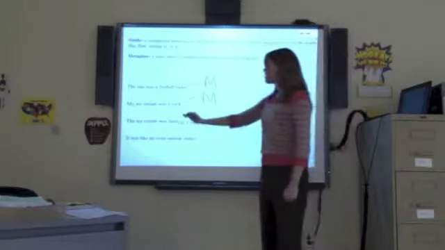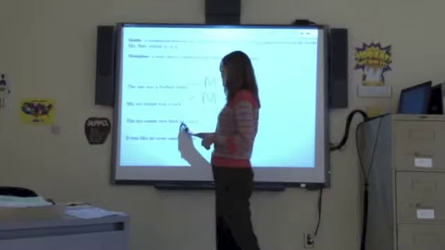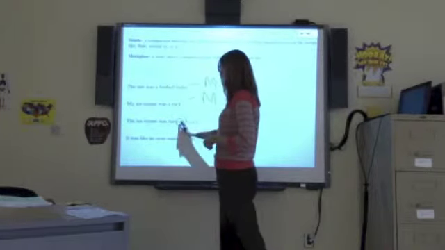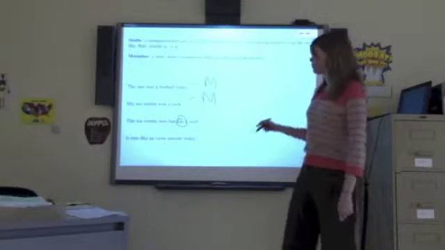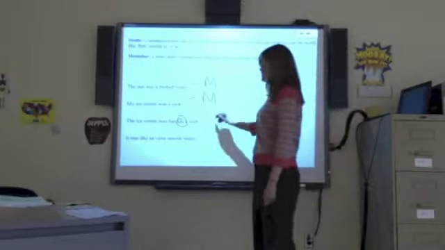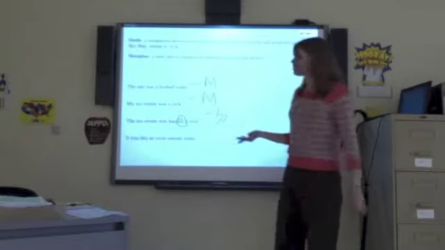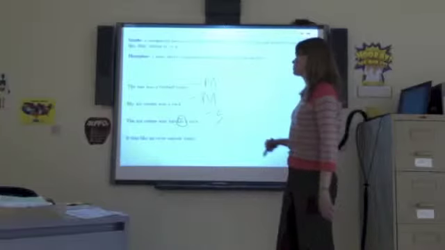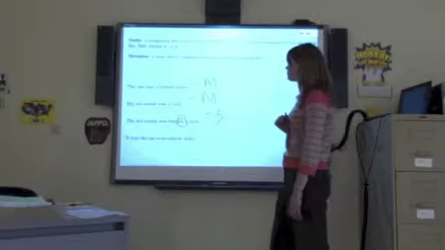The ice cream was hard as a rock. So they're comparing ice cream to a rock, but they're using as. They're not directly stating it. The ice cream was hard as a rock. So that's a simile because it's comparing two different things, a rock and ice cream, pretty different. And they're saying the ice cream was as hard as this rock. And they're using as.